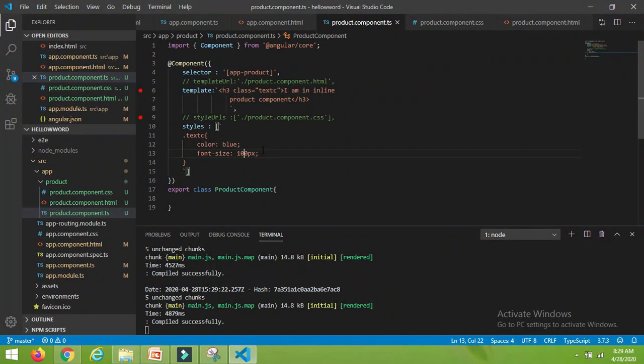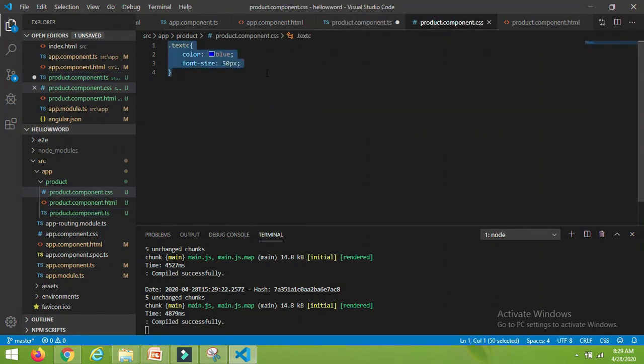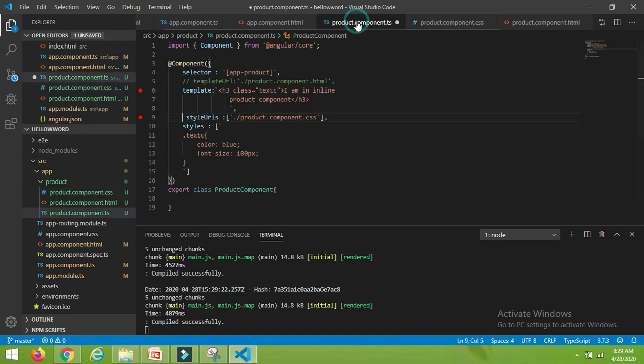You may have a question, can we use both styleUrls as well as inline CSS? So let me try this also. I am removing the comments, and now in our external CSS file I have 50 pixels, and for the inline CSS I have 100 pixels, right?